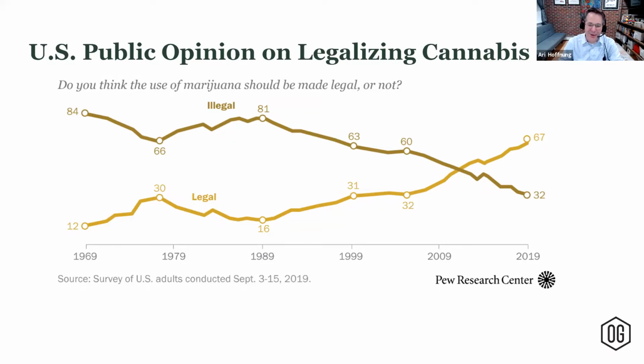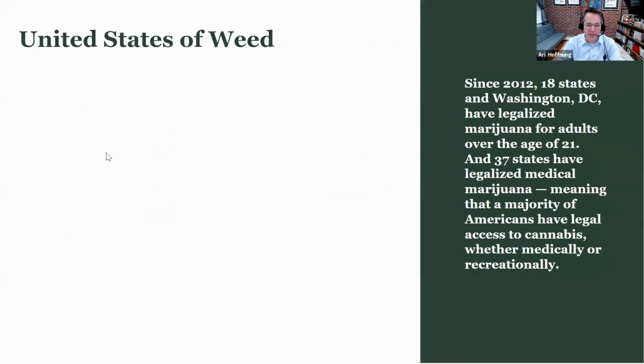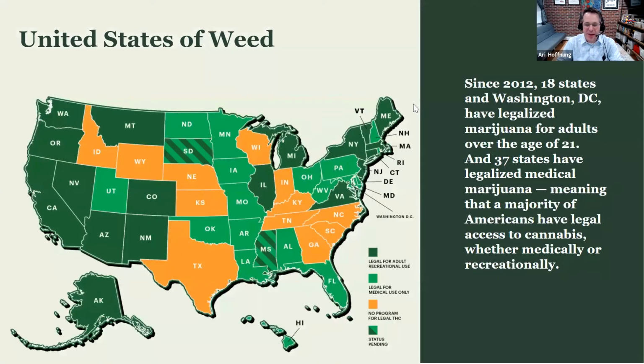And when we think about how divided American society is, we're speaking at a time where the United States Senate is exactly split down the middle, and occasionally Madam Vice President needs to cast the deciding vote. Americans are really split on so many issues, but fortunately, public opinion has really been transformed on the issue of cannabis. And this is a map from Rolling Stone magazine, an article entitled United States of Weed,